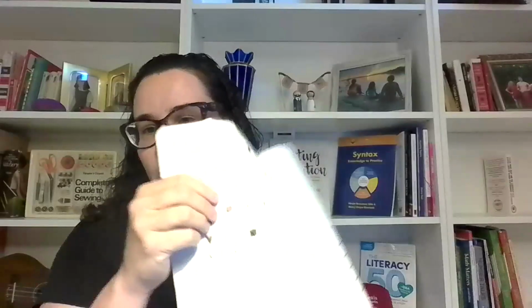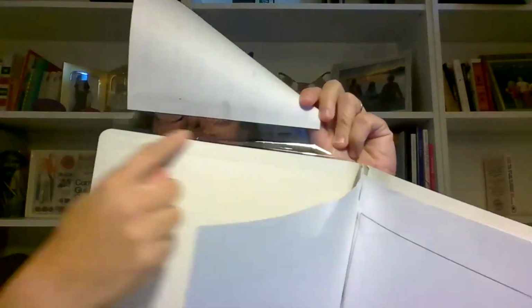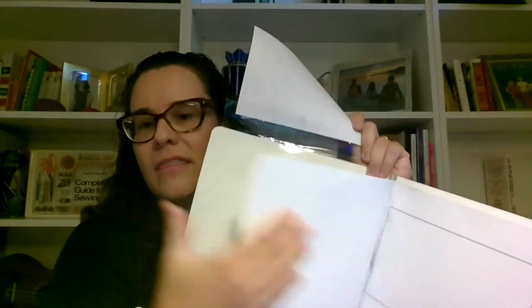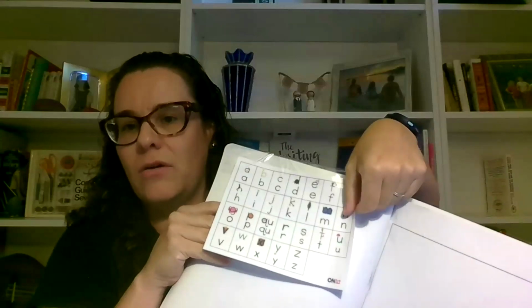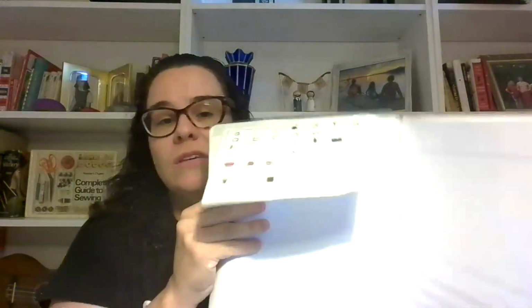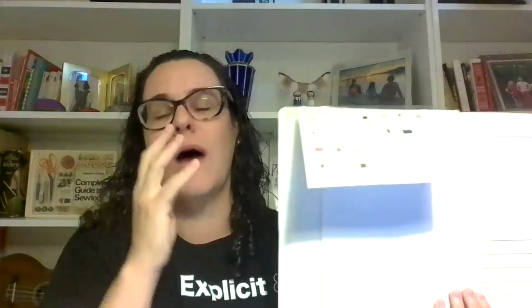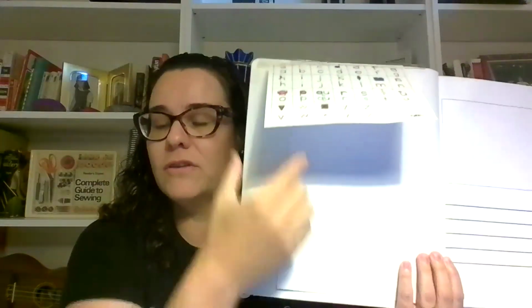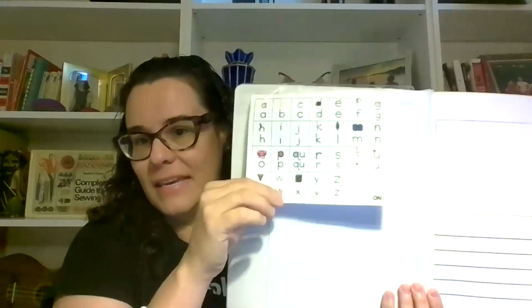Okay. So the duotang is literally, I just took a screenshot of the picture and printed it on half page, and then it's just packing tape. But what you want to make sure is that you leave a little bit of space here, as the notebook gets thicker and thicker, they can always just flip it over the page. And you could do this with different supports too. So if you have target words on this side, that can flip over. If there's some words that you're having them do that they need access to.